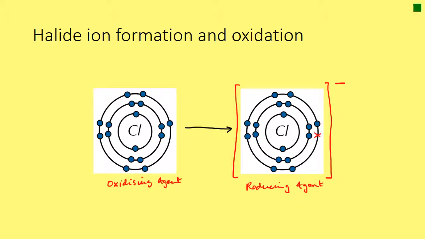So this slide is on halide ion formation and oxidation, and we're going to do this just in preparation for looking at the trend in the reducing ability of the halide ions. So let's go back to the chemistry basics and look at chlorine, for example. This is a chlorine atom, and you know it's in group 7, and it wants 1 electron to fill its outer shell. That's what makes it happiest. And so when it does that,